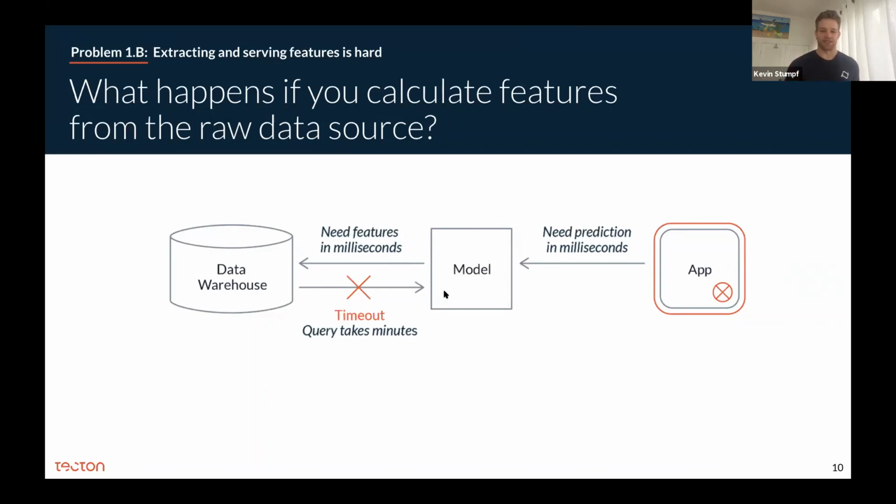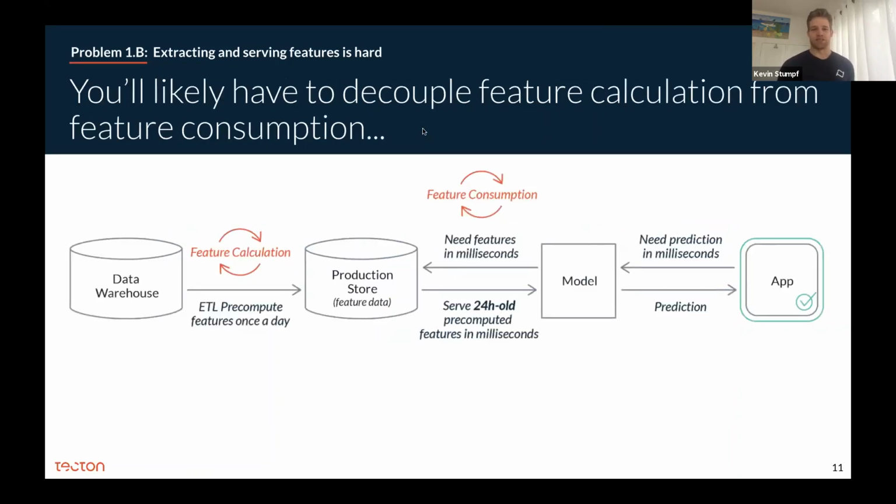And as a result of that, your model would likely time out and the user would never get the recommendation. So it's obvious that you cannot have your production system just go straight to your data warehouse to run these really expensive compute jobs. So what options do you have? You will have to decouple the feature calculation from the feature consumption and have this intermediate store, basically a